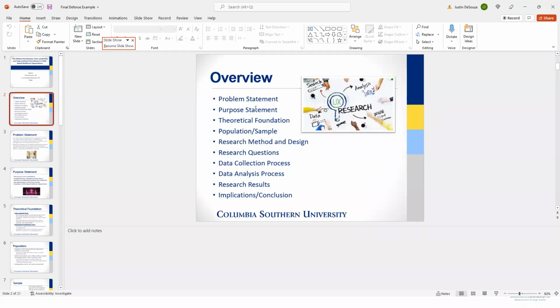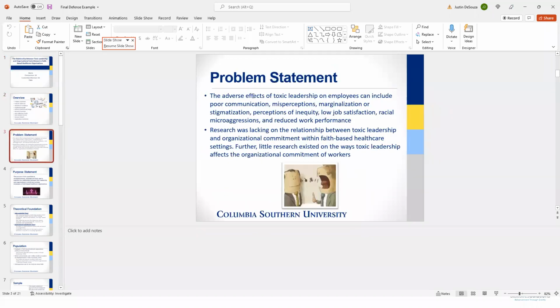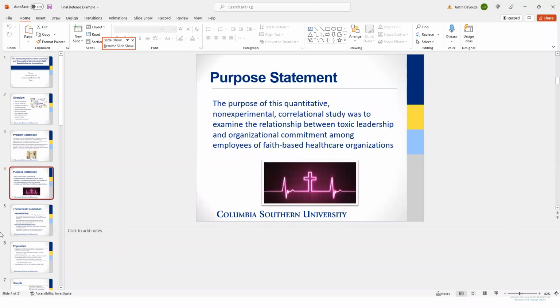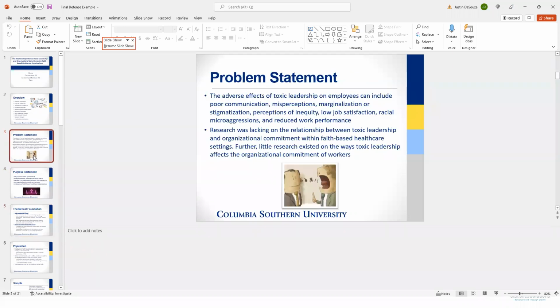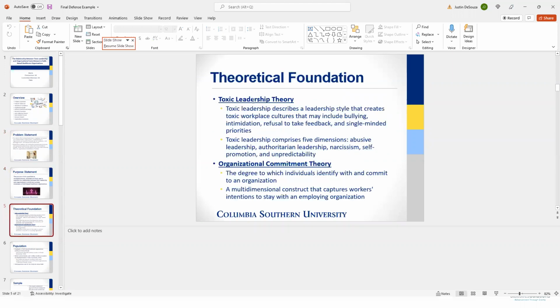You can see you start out with an overview, you go into your problem statement, then you go into your purpose statement, then you go into the theoretical foundation, and also you can write talking points at the bottom of these slides. So it can give you an idea of what to talk about during the defense after you go through the bullet points. Purpose statement, theoretical foundation. Provide a visual here if you can of your theoretical model.